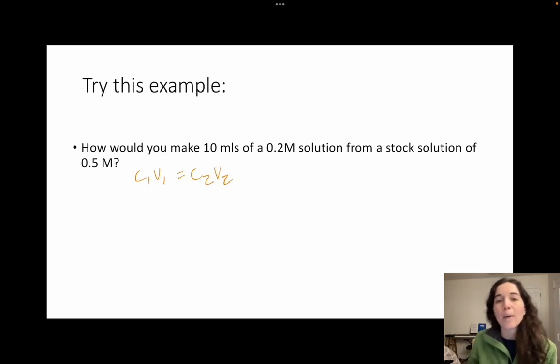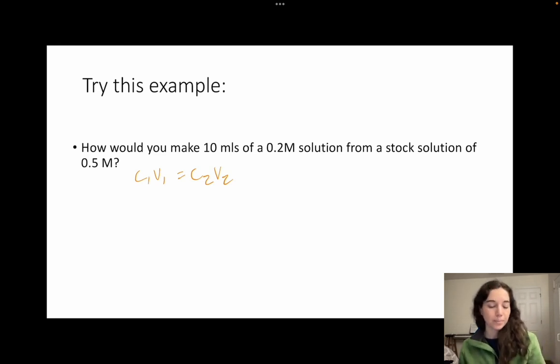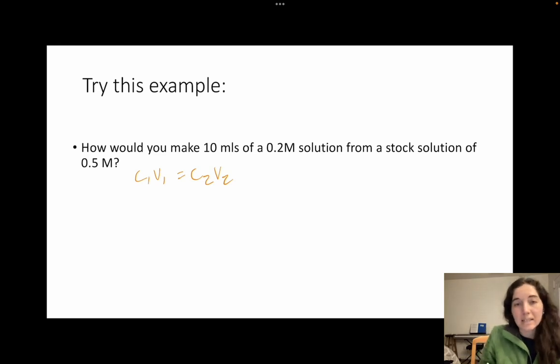Make sure you properly identify the concentration and volume belonging to the stock and the concentration and the volume belonging to the solution, and plug those into the right variables in the equation, okay? So there will be a quiz question that pops up on which numbers should go in for which variables in the equation. Currently, it's asking us to make 10 milliliters of a 0.2 molar solution from a stock